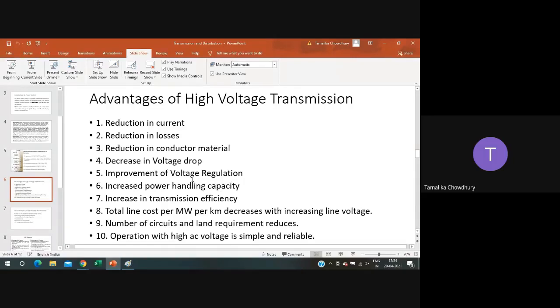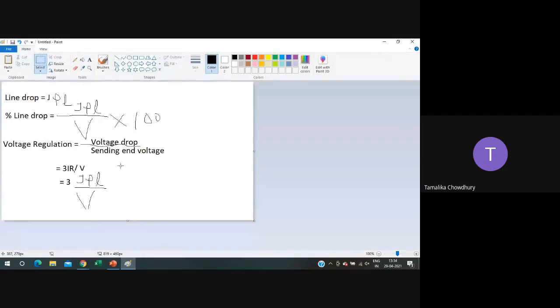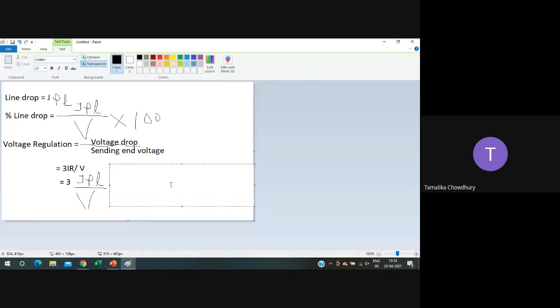Power handling capacity is nothing but, I'm writing here again, power transmitted over a transmission line is given by